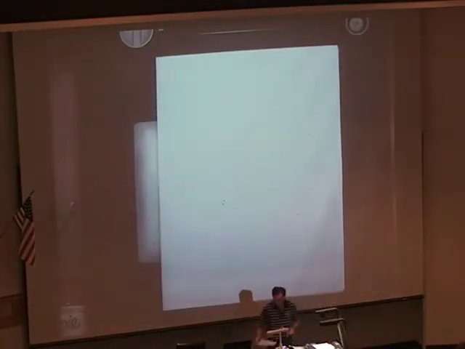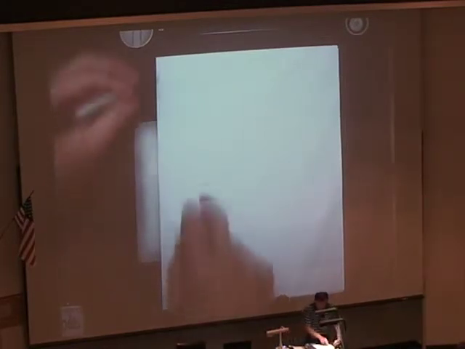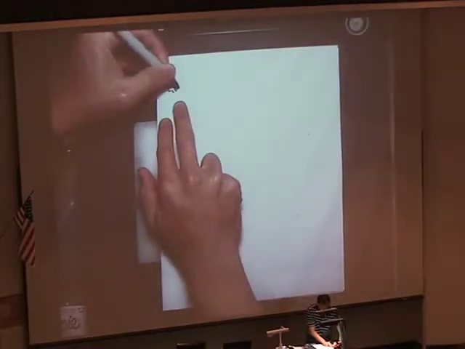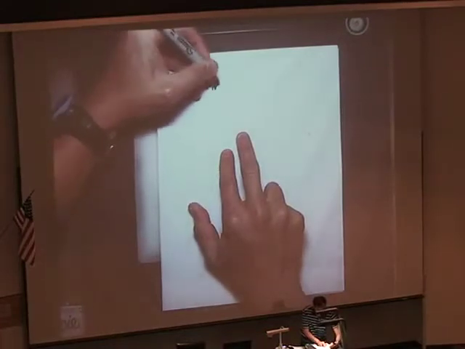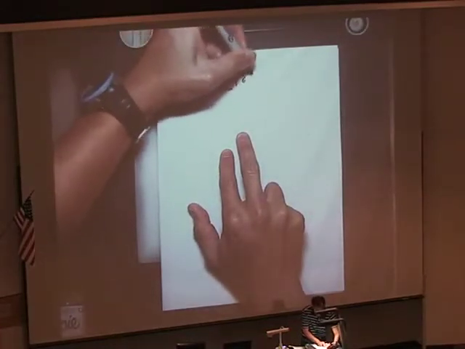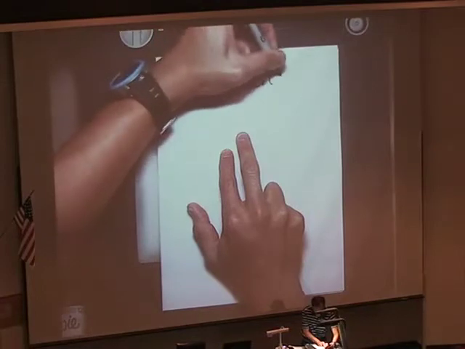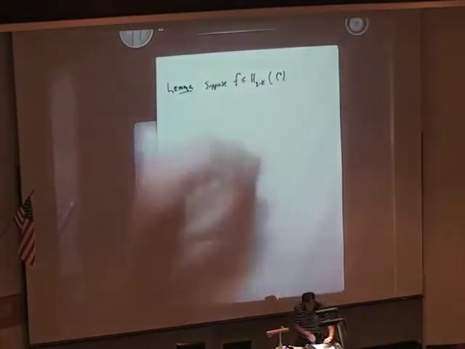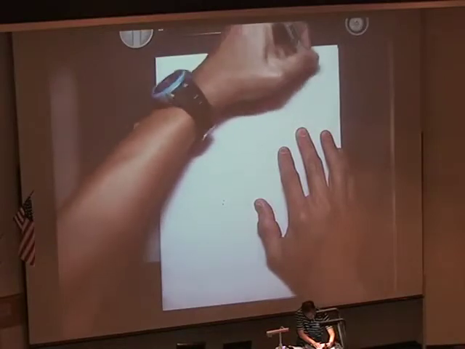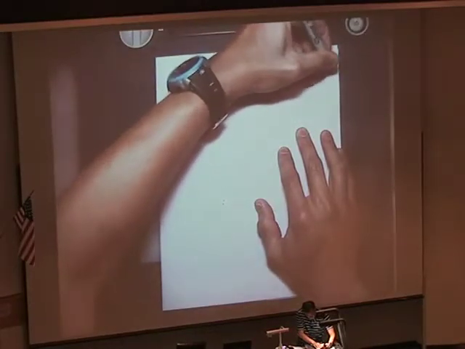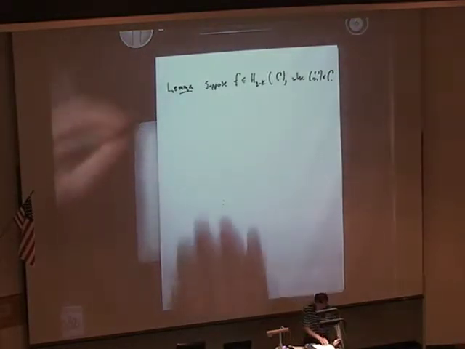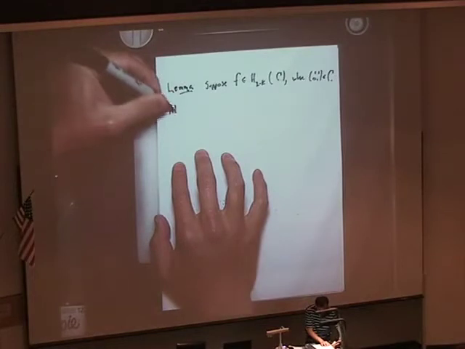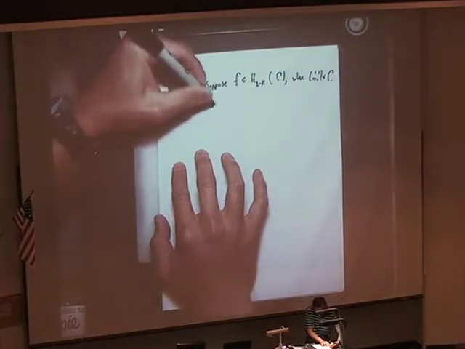So the main lemma here arises from a standard separation of variables argument and is as follows. So what am I going to suppose? Let's suppose that f is a harmonic Maass form of weight 2 minus k on some congruent subgroup gamma, where the translation matrix (1, 1, 0, 1) is in gamma, again for simplicity. Then the following is true: at the cusp infinity, f has an expansion